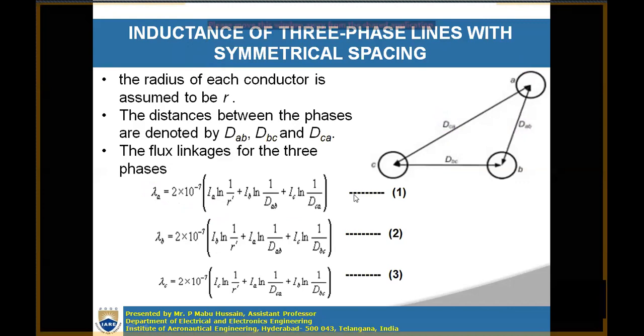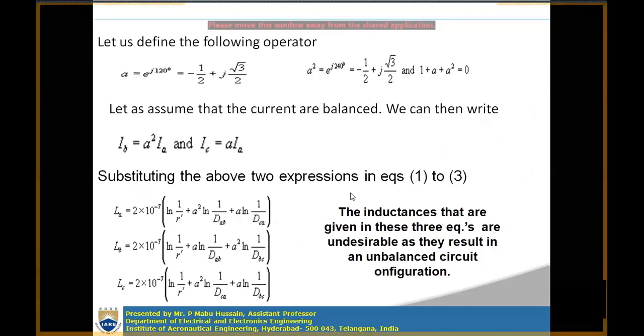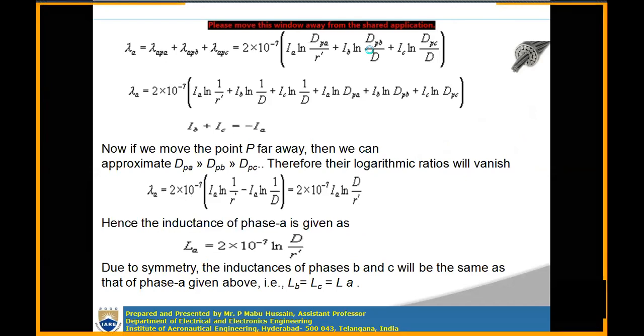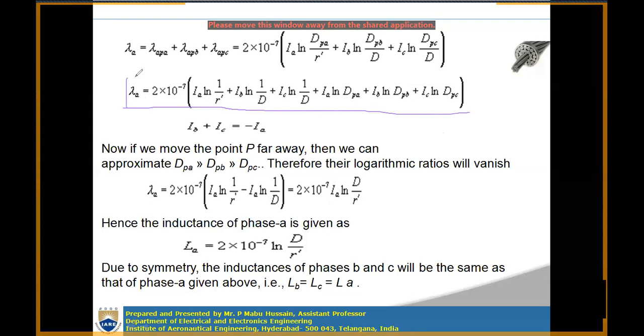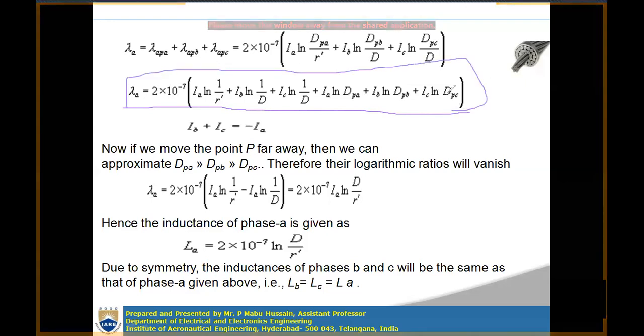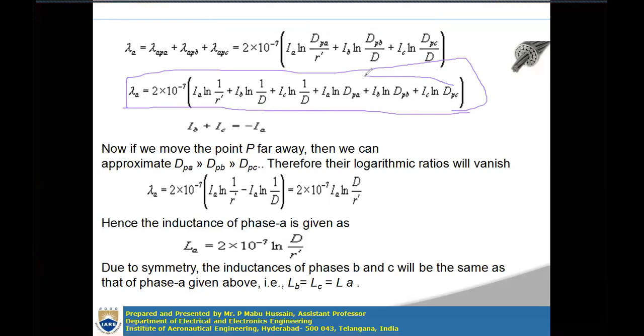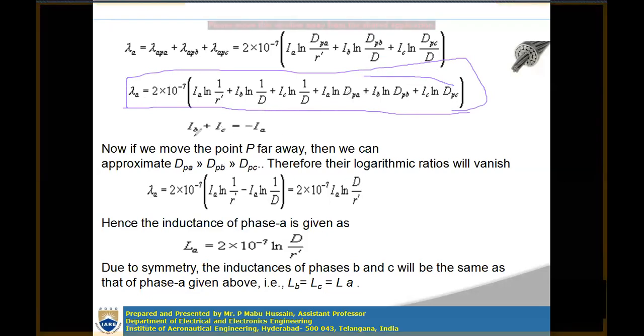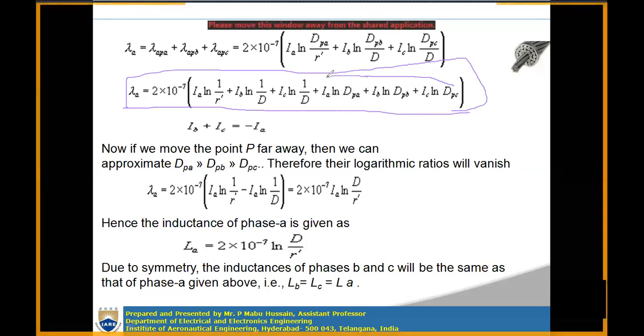So let us, I will show you now. If you see the flux linkage expression, when the conductors are placed symmetrically, right? So in such a case, this is the flux linkage expression, and due to the assumption of a symmetrical balanced circuit, IA plus IB plus IC is equal to 0. So when you consider this equation, this total term will get vanished here. How it is vanished, I explained, right? You will be having these three terms only, right?